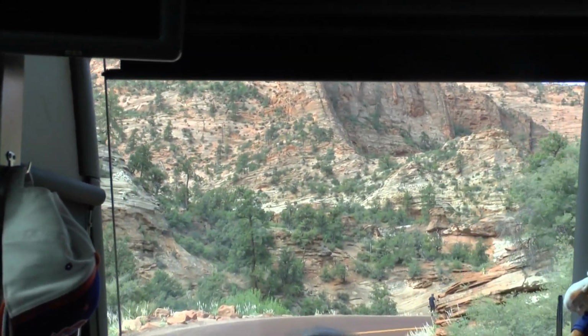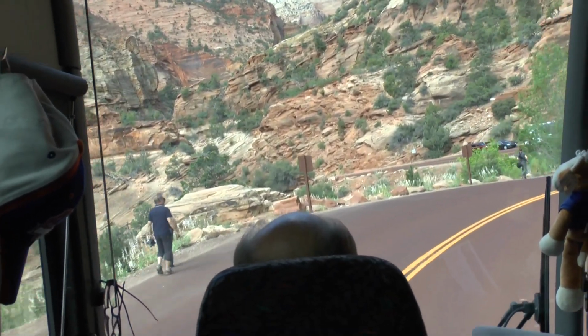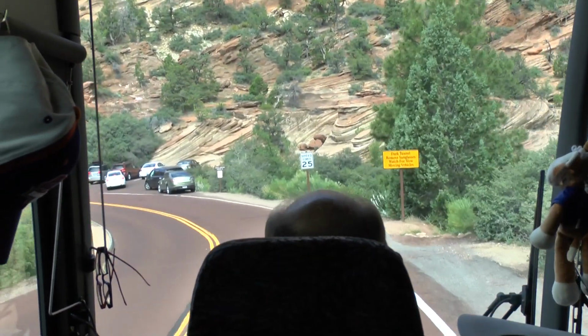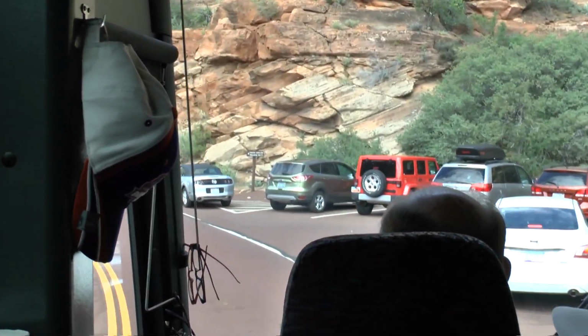So we're just about to check in for the tunnel, and the last person through has the baton, which is handed over to the park ranger this end, and with the handing over of the baton, it's presumed clear for...